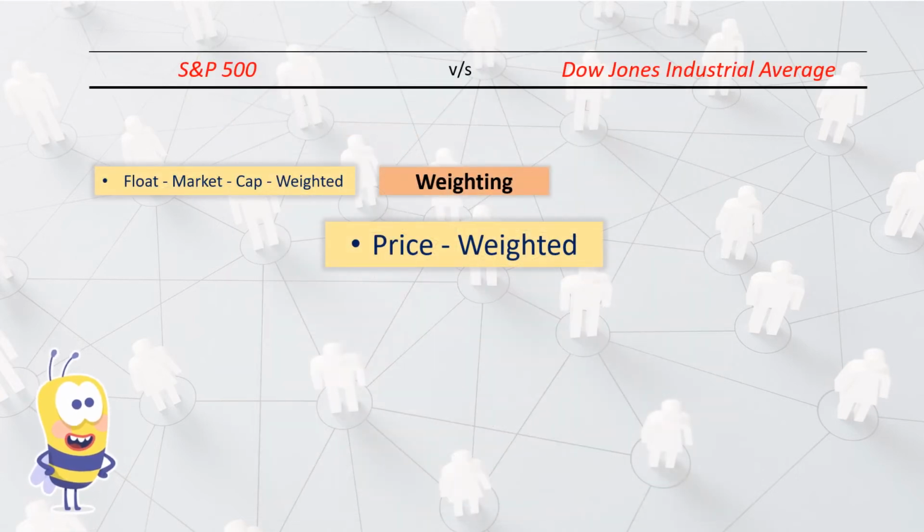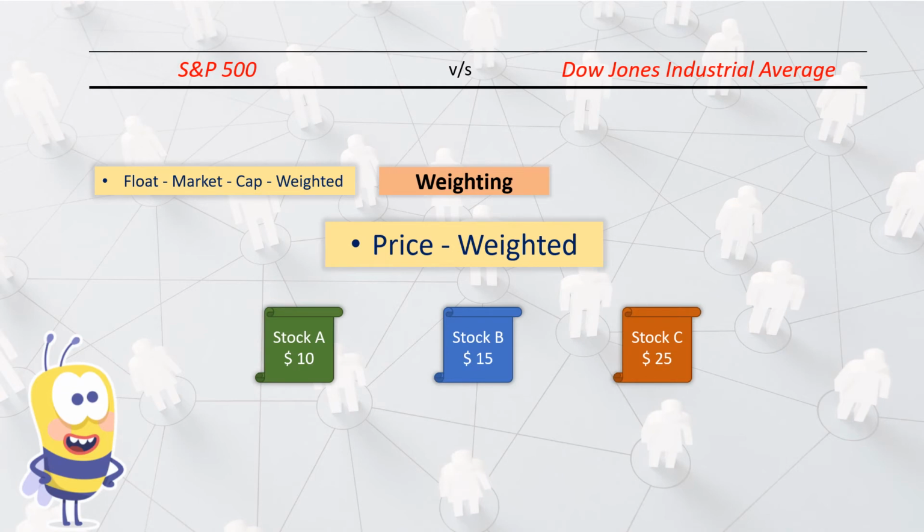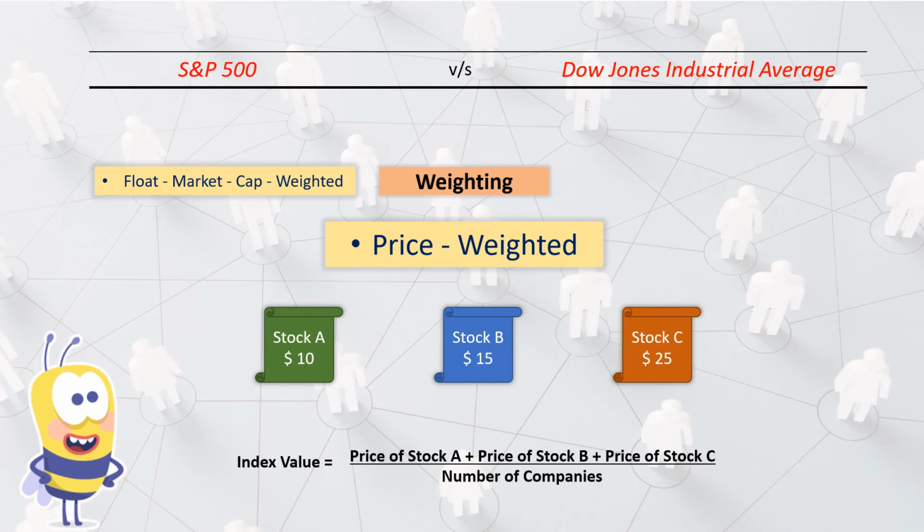In the price-weighted methodology, the price of each stock of the index is added, and then divided by the number of companies whose stocks are part of the index. In its simplest form, a price-weighted index is nothing but the average of stock prices of the companies included in the index. However, for most of the price-weighted indices, a divisor is used as the denominator which has been adjusted over the